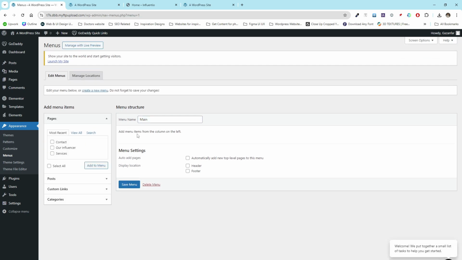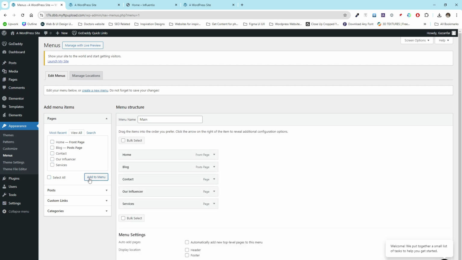And once you click on create menu, you can see this is now open for you. You can pick any of the pages here. It will be on the most recent. Just click on view all and then click on select all, because I want to add all of the pages here. Then click on add to menu, and as you click on add to menu, you will